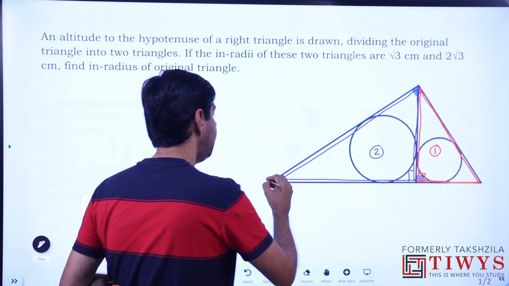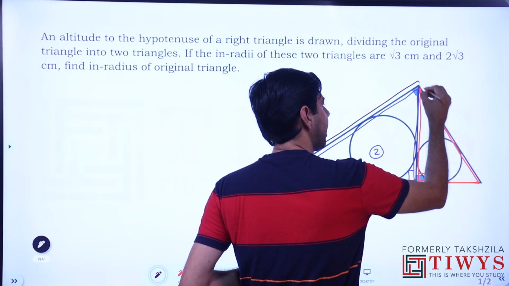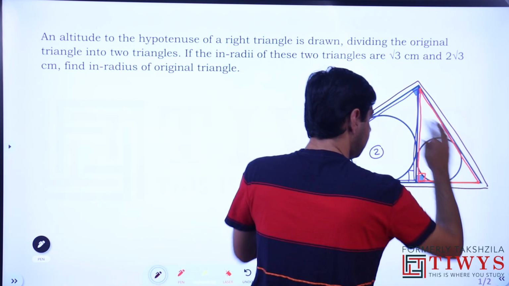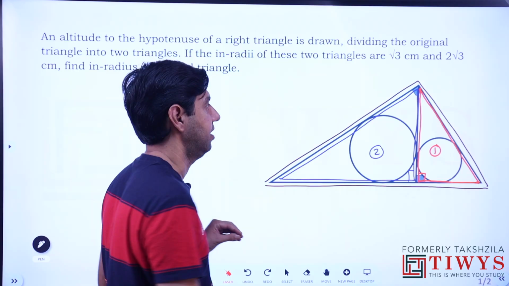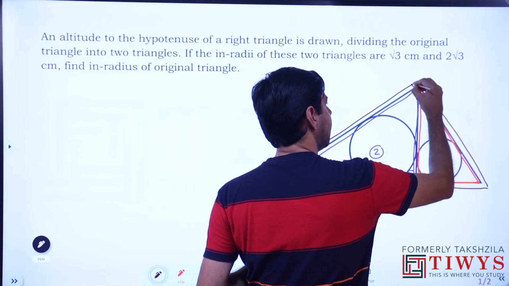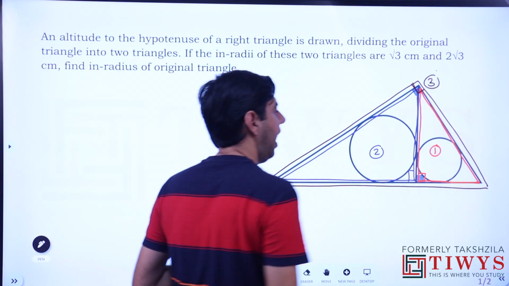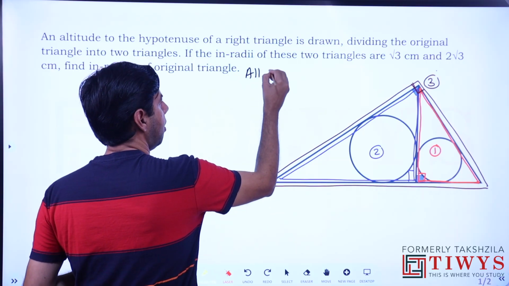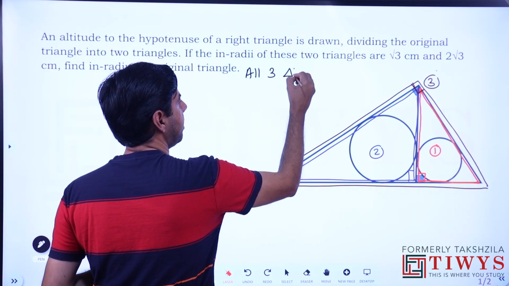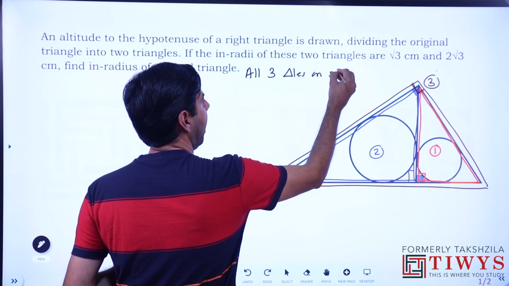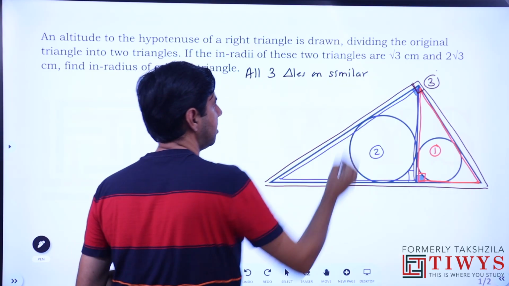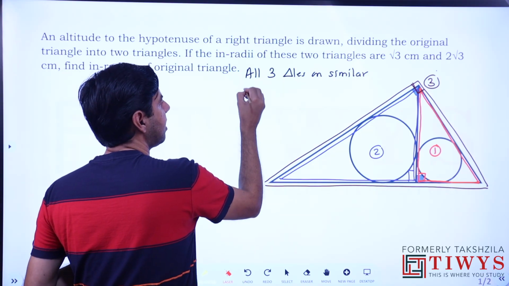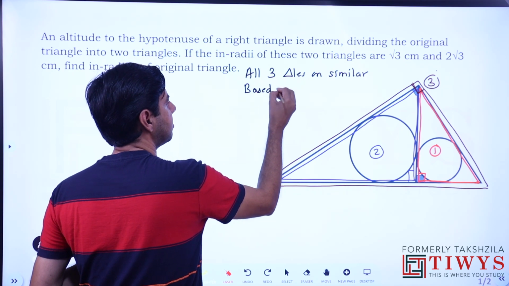And triangle number 3 is the enveloping triangle, which forms a boundary of both of them, so it sort of overlaps them. It's the original one. So this is also a right angle triangle. Let's call it triangle number 3. And all these three triangles are similar. So this question is based on similarity, and there's not much of a construction involved. It's an easy one finally at the end of it. Since they are similar, they are going to be based upon the same triplet.